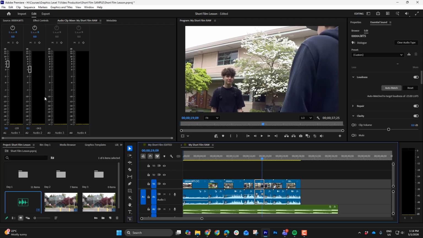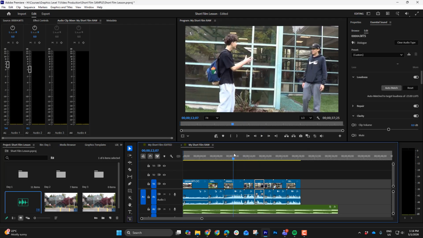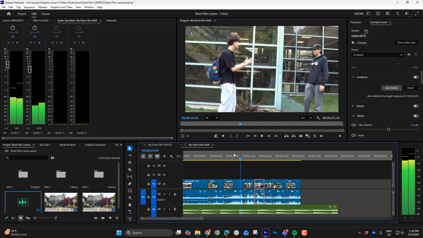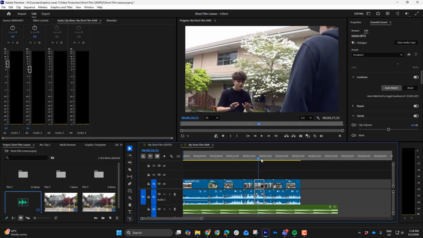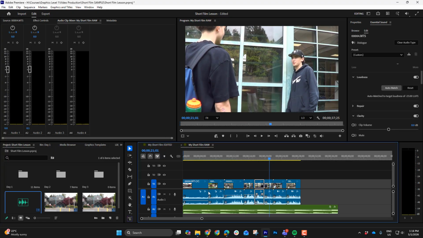And then you can choose with your audio level or your music level how loud it should be. You might even find that depending on the audio that you're using for the music, that it has to be bumped up a little bit